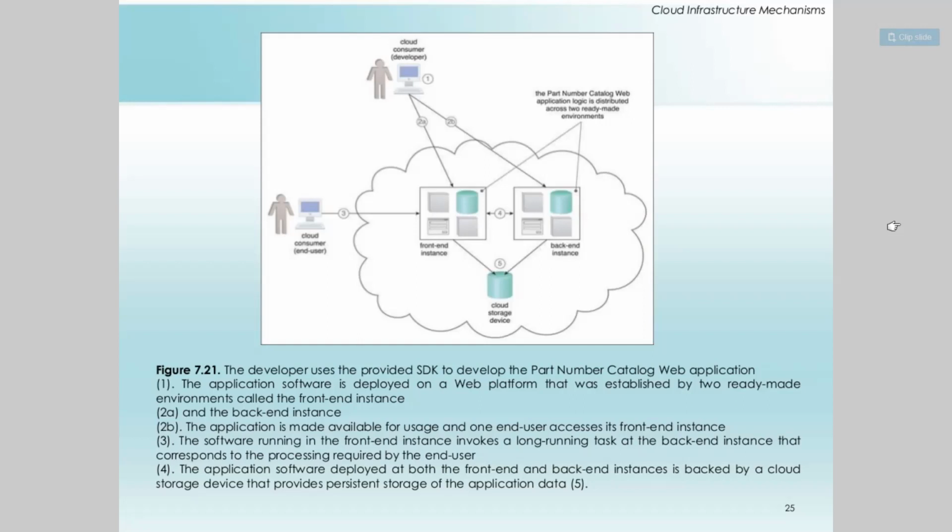Then we have the fourth, your application softwares running on your front end and back end. Both are going to be updating each other, and all the information is saved at both places. So there is a persistent storage: all the data going from front end to back end is checked, and final changes are saved into your cloud storage. Fifth is your cloud storage monitor, where it is storing all the updates for the day, whatever transactions and accessing have taken place by your consumers.